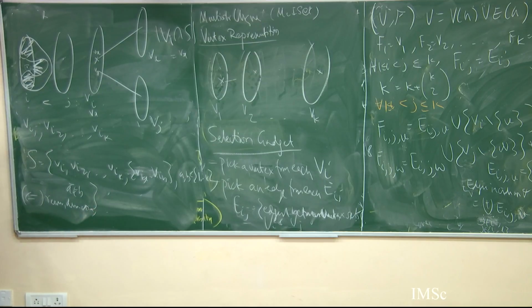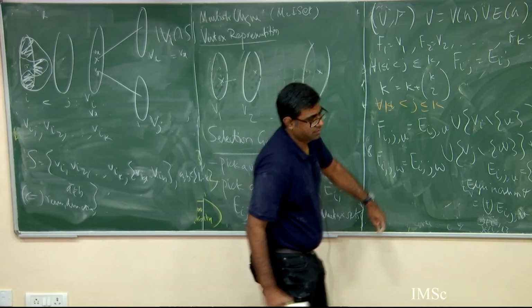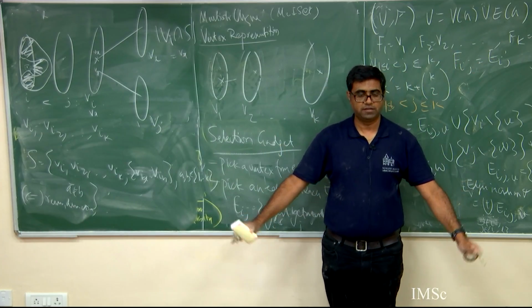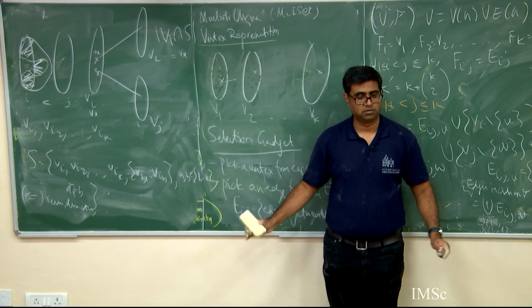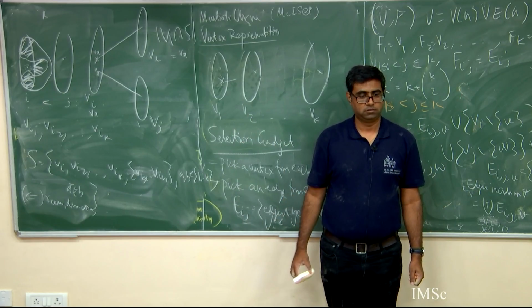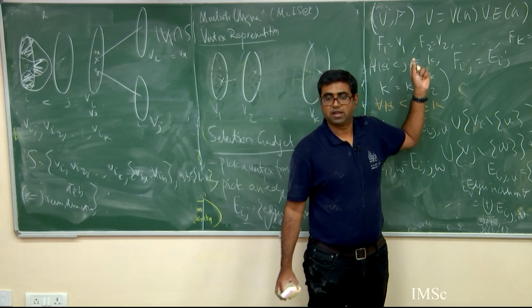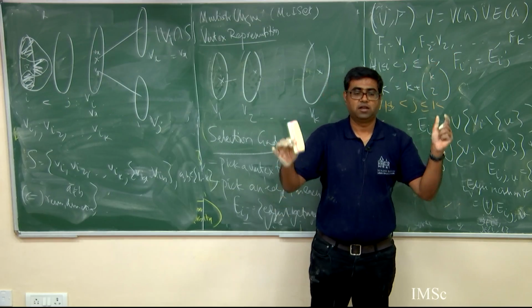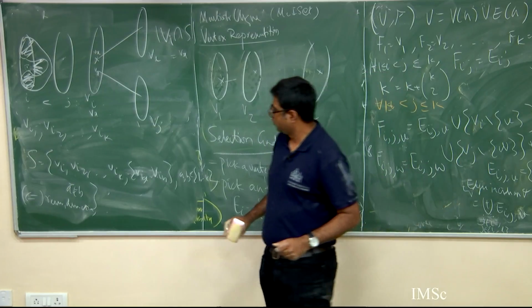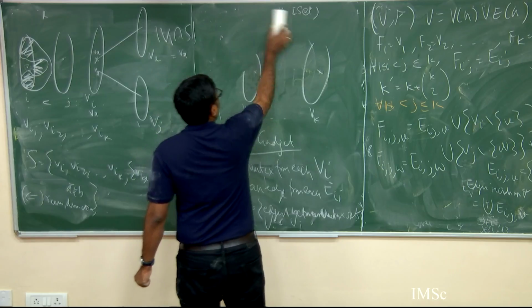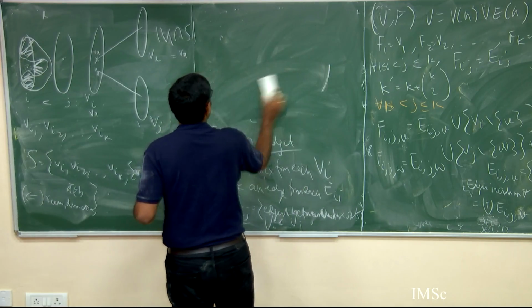you picked up some vertices and edges. I am not going to even look at the other guys, I am only going to look at these, and I am going to tell you that those are the vertices and edges of a clique. Whichever vertices I have selected from here and the edges I have selected from here are vertices and edges of a clique. So suppose in the reverse direction I have selected some